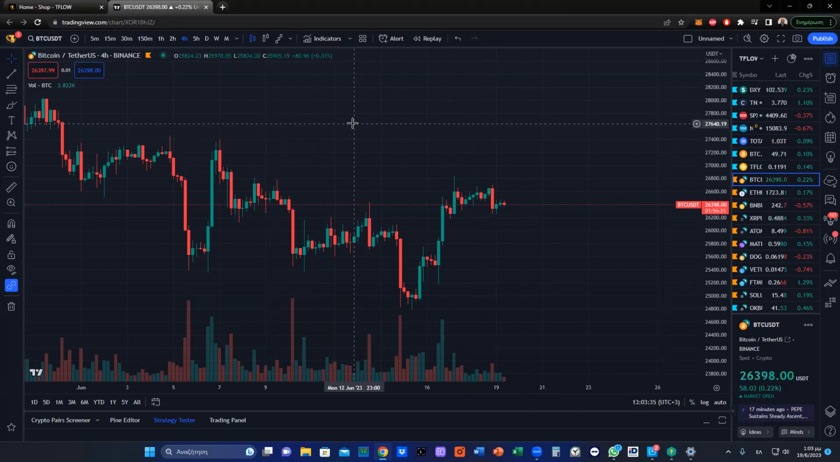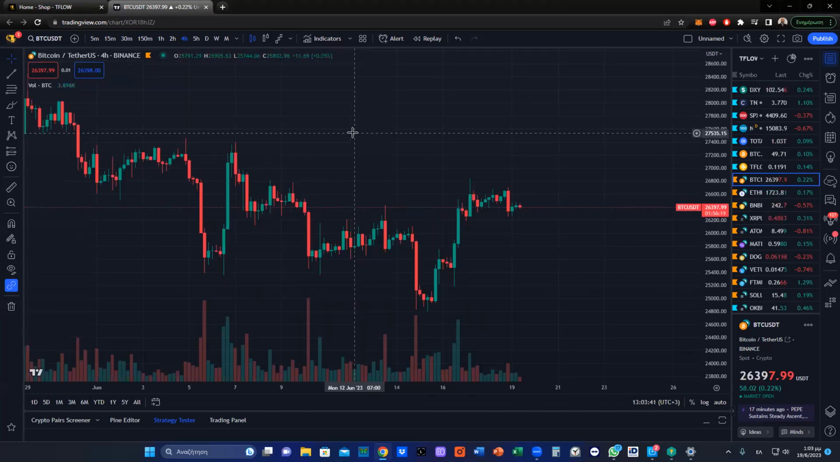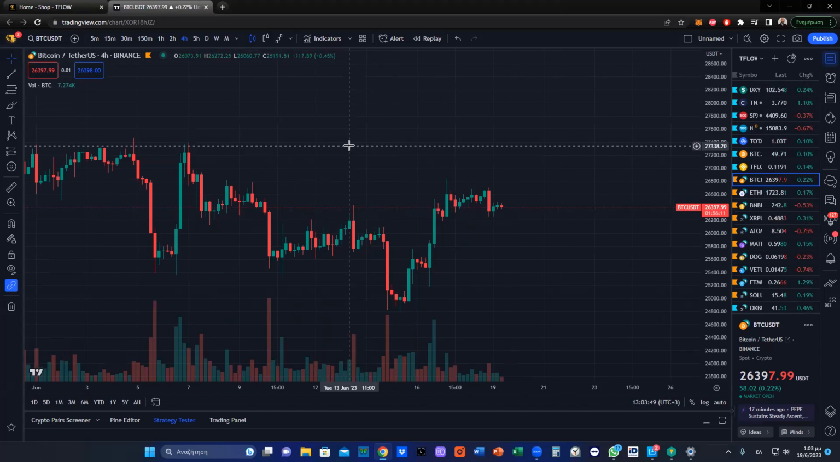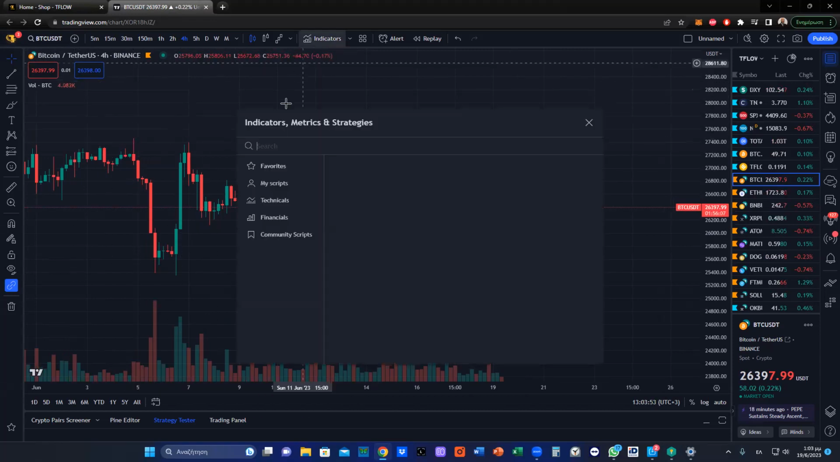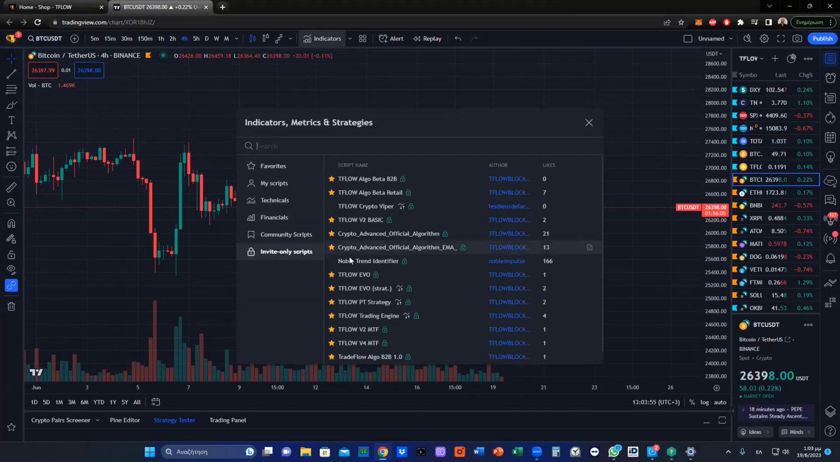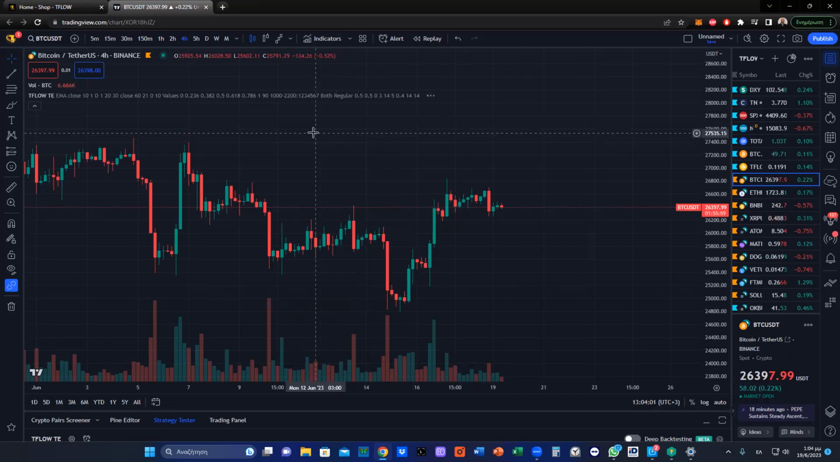So once you purchase the package, you have to go to TradingView. Here you see we have a plain chart. And imagine that you are someone who doesn't have any prior experience to trading and you want to have a good tool to analyze the market. So what you do is you go here to indicators, you press invite only scripts, and you will find the TFLOW Trading Engine here. So once you add it, initially, the first thing that you're going to see is only